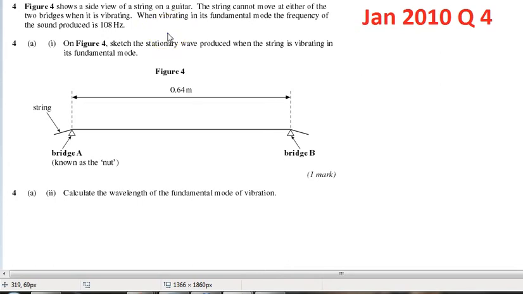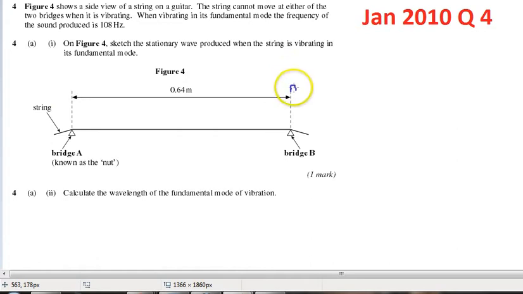Okay, in this video we're going to look at question 4 on the January 2010 paper, which is all about standing or stationary waves. Now, this question tells us that in this figure here, we have the side view of a string on a guitar, and it can't move at either of these ends. These are fixed ends. So straight away, I know that at both of those ends, I'm going to have a